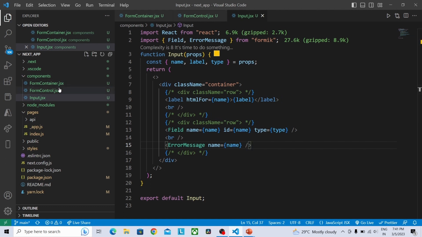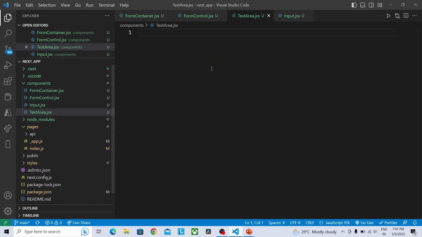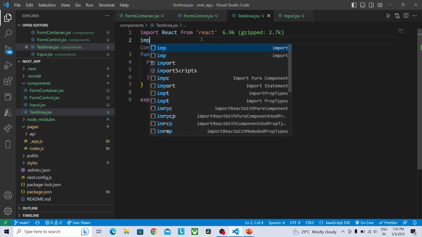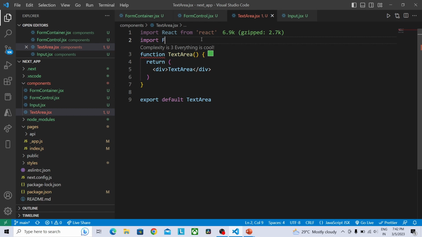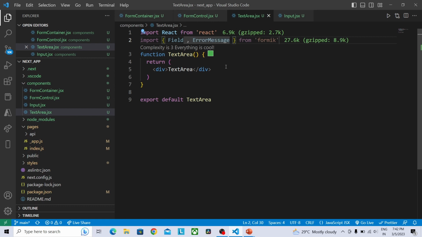So first of all, I'm going to create a component called textarea.jsx. Create a function and import the Formik components. Import Field and ErrorMessage. So here I'm going to provide the class name as